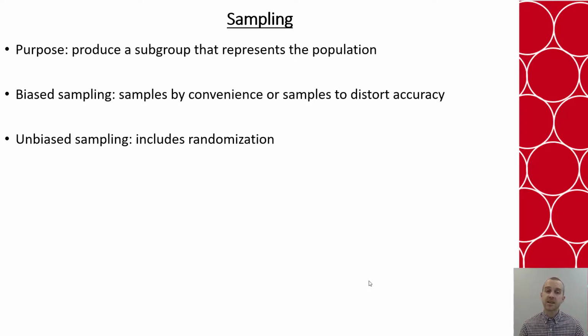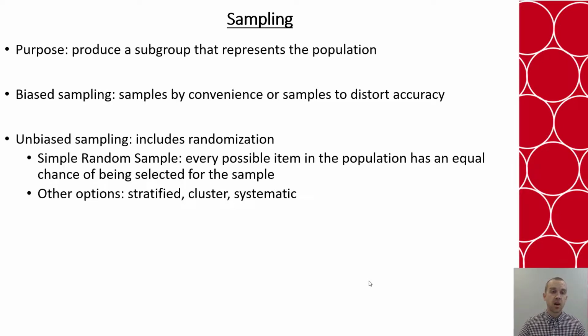Whereas unbiased sampling has to include some form of randomization. Often we will talk about simple randomization, and that's primarily what we will do in this course, where every possible item in a population has an equally likely chance of being selected for the sample. If there's 1 million people, every person in that group has an equally likely chance of being randomly selected